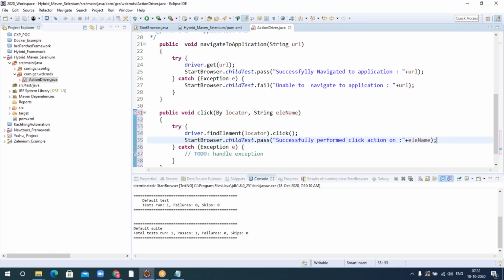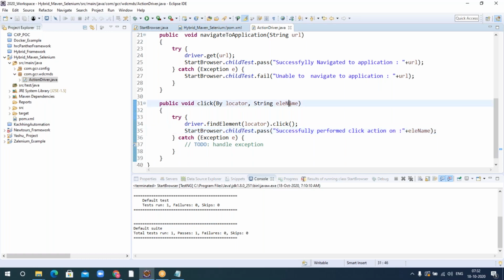When I say click action performed on a button, there are so many buttons, but how do you know which button it is? That is the reason we'll add one more parameter. While you are writing the script, you will write some name to that, whether it is a save button or edit button or some search button, so that in the report it will be something like: successfully performed click action on save button, or successfully performed click action on login button.